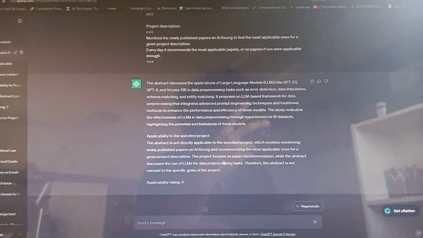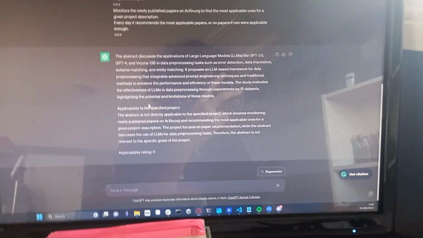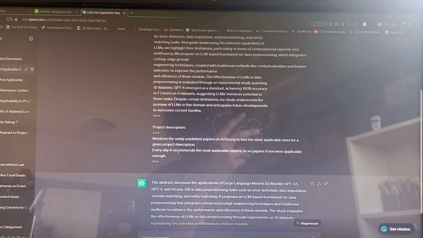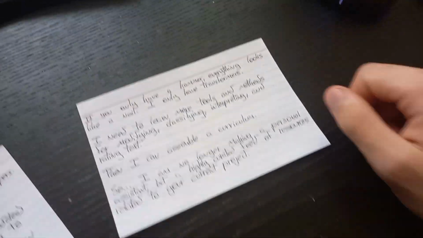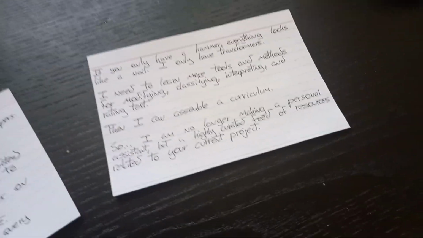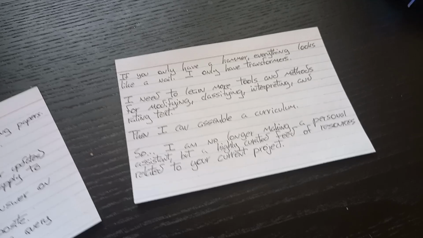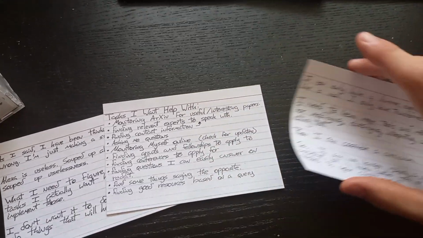So this would work, but this would very quickly get quite expensive if I were to do this multiple times every single day for a ton of papers. It would just go up in tokens, and that would get a little bit expensive. So I want to find more ways to process text so that I can run everything on my computer instead of making API calls. So yeah, that's my next steps, is to just learn more about natural language processing and more ways to process a lot of text.